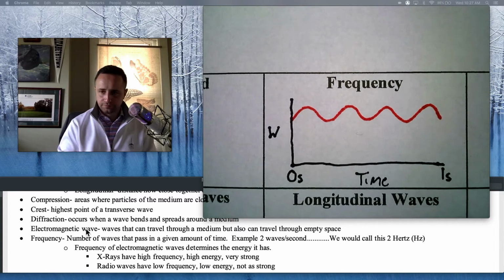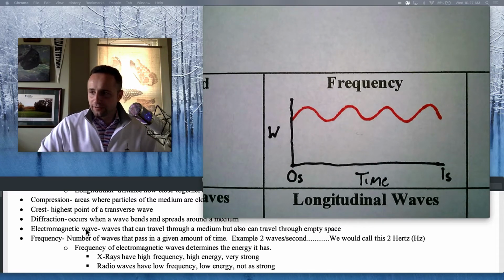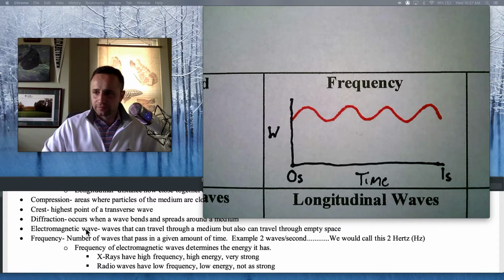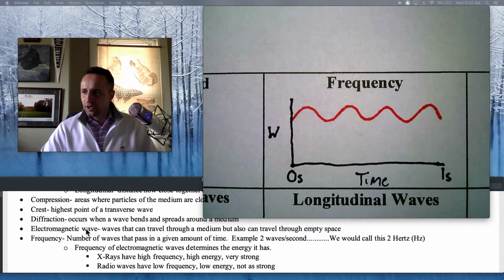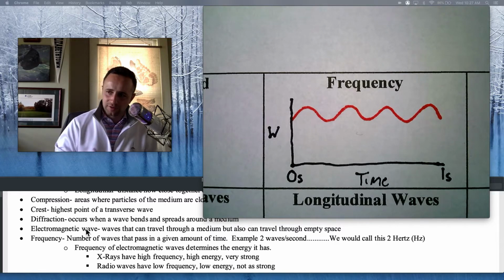The way you determine how many wavelengths there are is how many wavelengths pass by in a given amount of time. So in 1 second, I'm just going to count the crests. I think that might be okay. I could count the troughs, and I can tell right now that the troughs, the bottom parts of the wave,